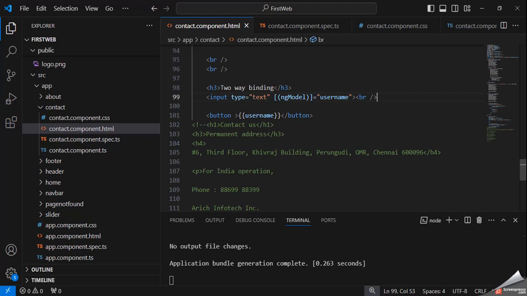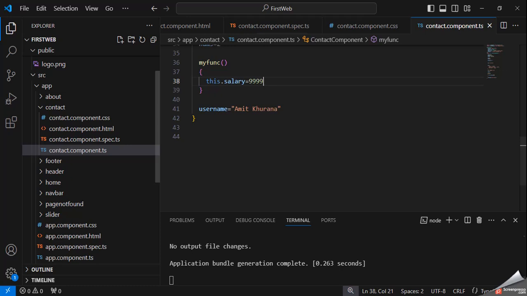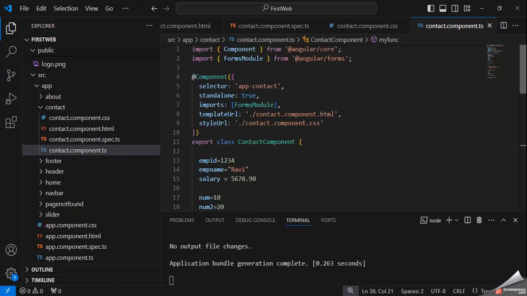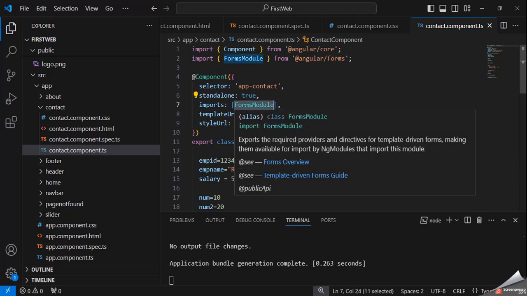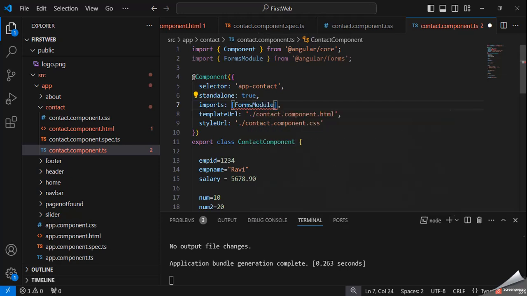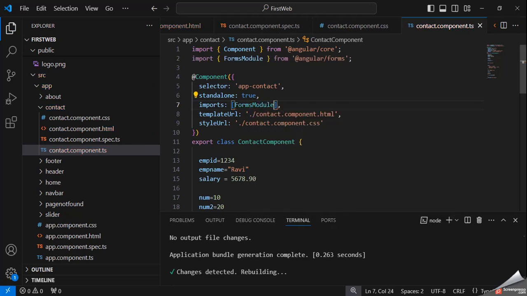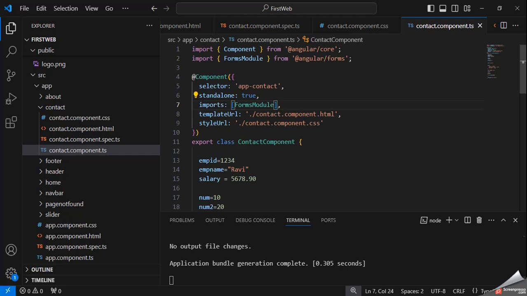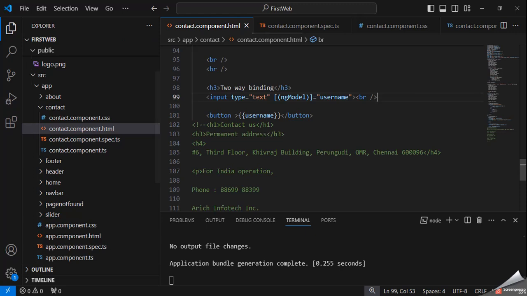If you want to use a form, first of all please add the forms module. In import, type forms, you will get FormsModule, and it will automatically import. After that, in the form you use ngModel. Actually we use ngModel in place of value.